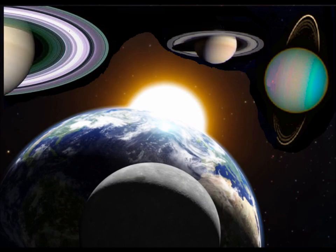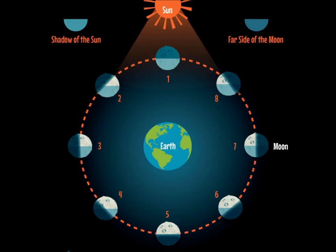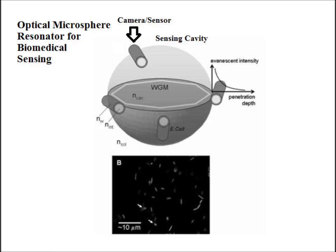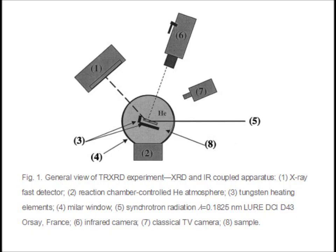So the next time you look up at the planets at night, remember that the Earth might be some kind of optical, magnetic, electric, microsphere biosensor, like these examples here, respectively, whereby Earth's planetary neighbors might be some kind of cameras or sensors that are picking up optical signals from us, or from the stars for that matter, and relaying these signals to us, as you bear in mind a relatively new biosensing technology that is called cavity-enhanced spectroscopy and